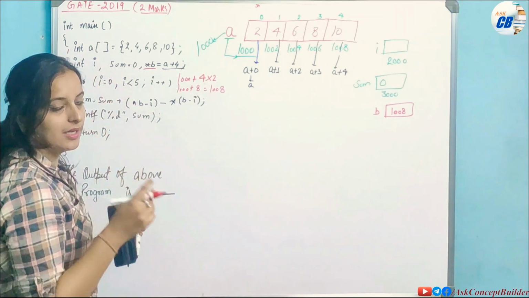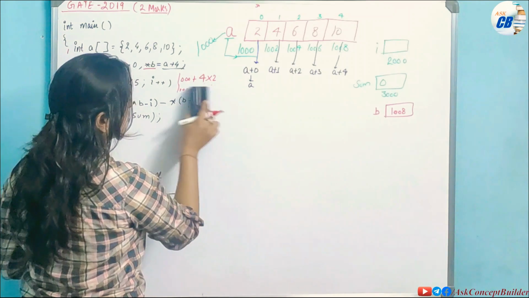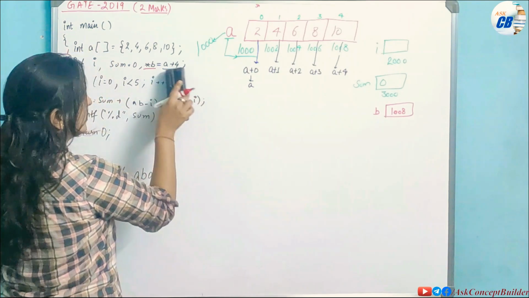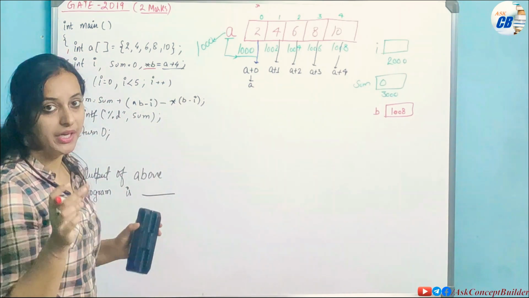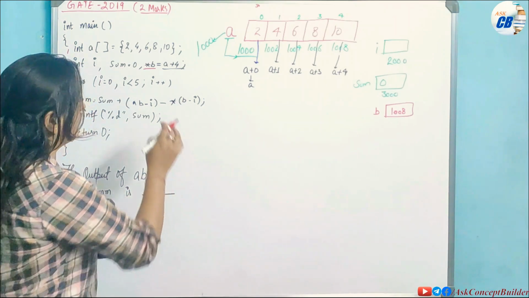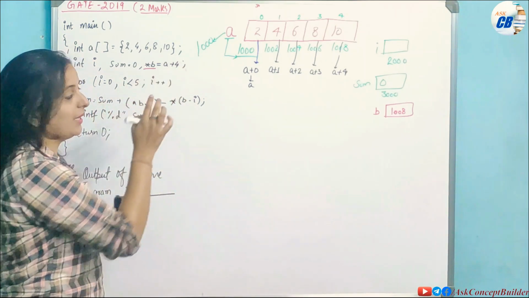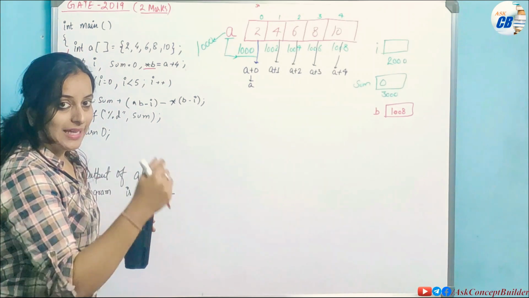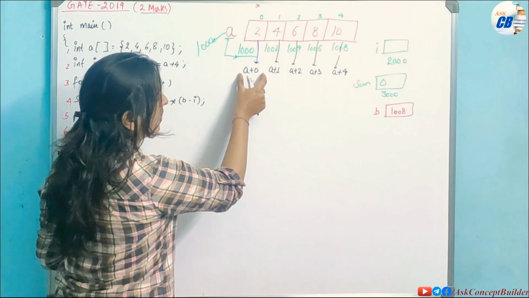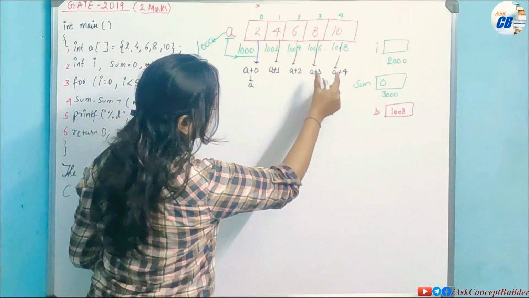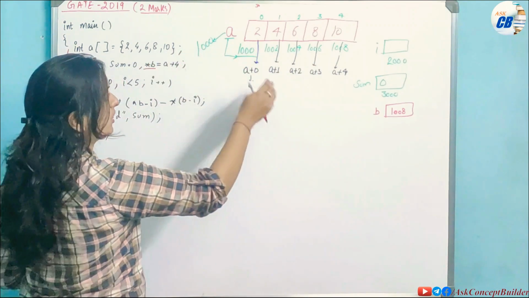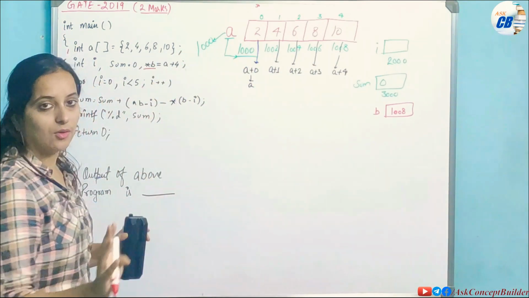By this way also you can get it, but don't get confused. I'm also telling you why we are multiplying by 2: every element is allocated a 2 byte address. That's why for every element we multiply by 2, but you should simply remember that a plus 4 is your fourth element, okay. This is a plus 0, this is a plus 1, a plus 2, a plus 3, and this is a plus 4. Fourth element means four elements next to it. This is always the fourth element next to it. Fine. Now I hope you understand that.